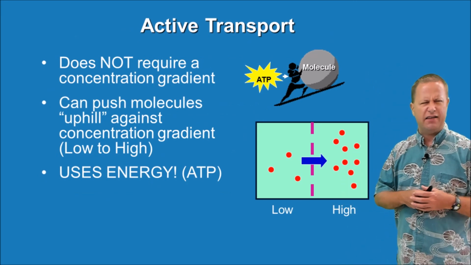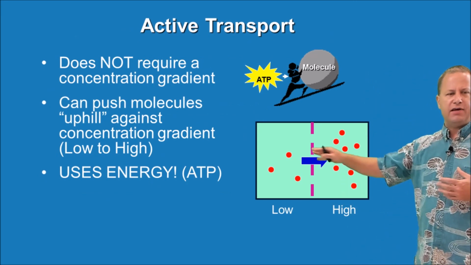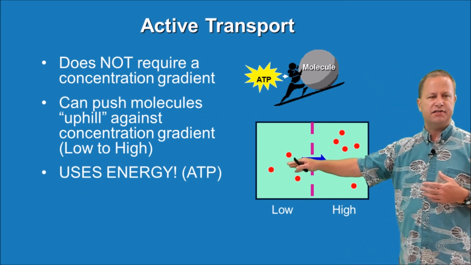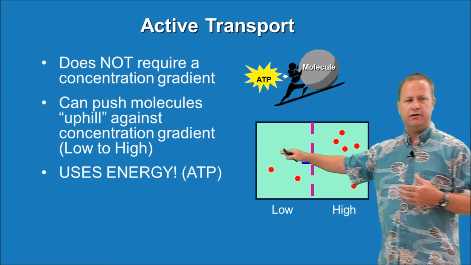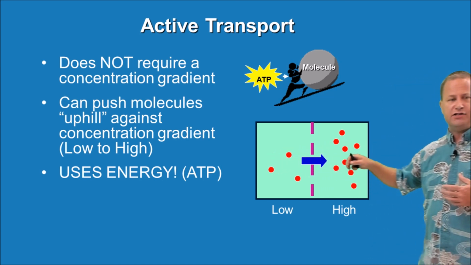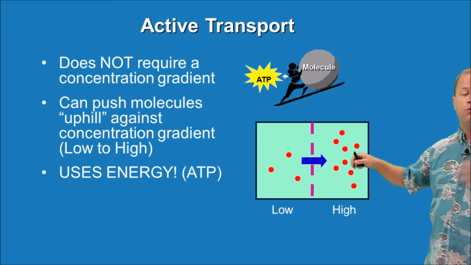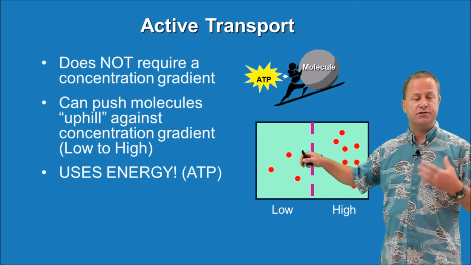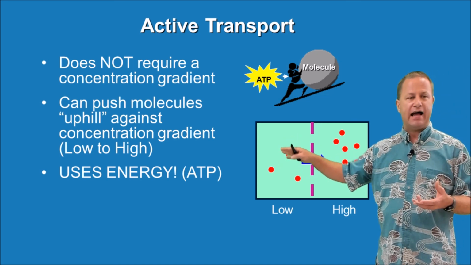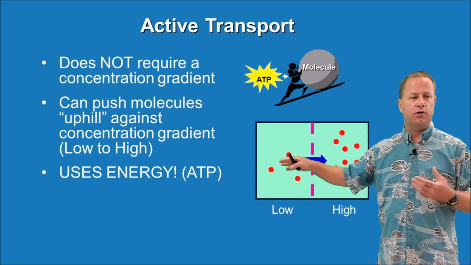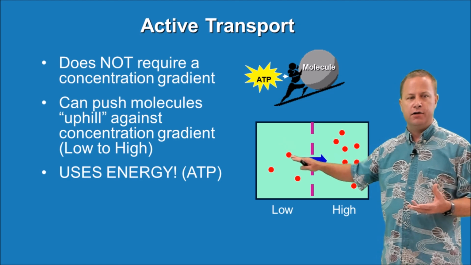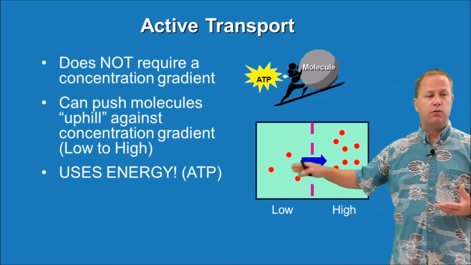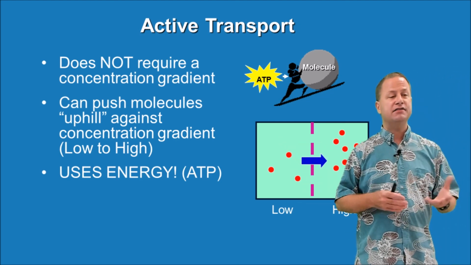So let's take a look at how that works. Imagine that we have 3 solute molecules on this side of the membrane, and let's say we have 8 over on this side of the membrane. By simple diffusion, things are going to go from high to low. But let's say we want to pull all of these sugar molecules inside of our membrane. We can't do that with simple osmosis or diffusion, but we can do it with active transport. Active transport doesn't require a concentration gradient, and it can push things from a low concentration to a high concentration, but it's going to require some energy to do that, and in most cases that energy is going to